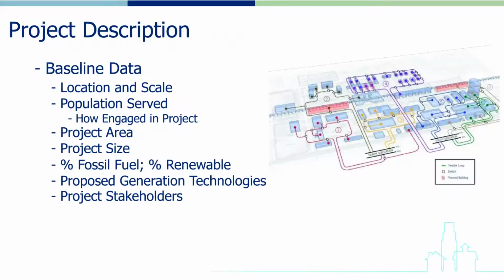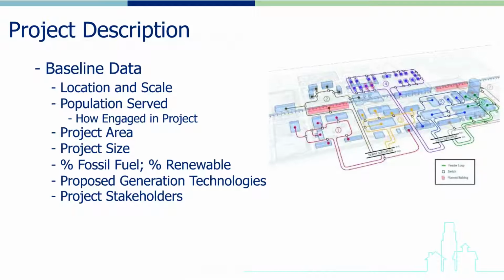The next section of the project description should include a set of baseline data, much of which will have been generated over the preceding phases of the planning process. These would include the project location and its scale, the population the microgrid project will serve, how this population will be engaged in the project, the total geographical project area, the project size in terms of how much power it will generate and the type of loads it will serve, the percentage of power production that is fossil fueled, and